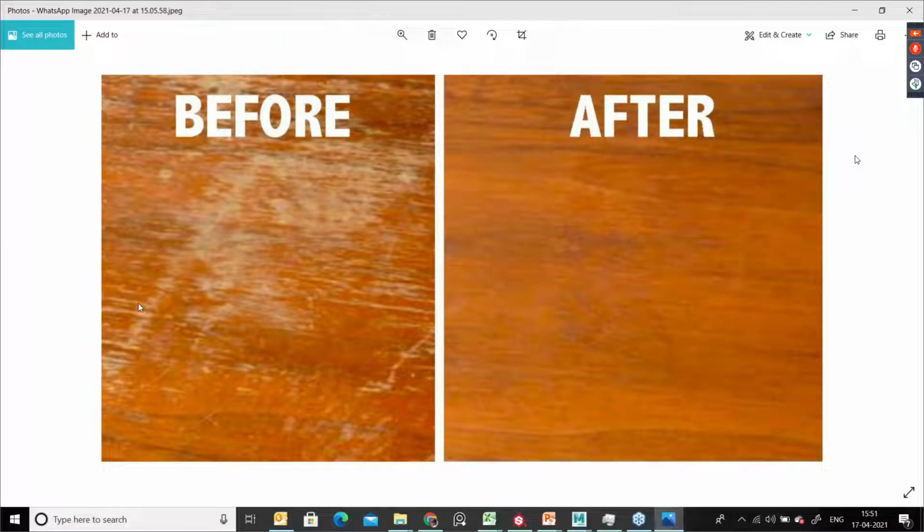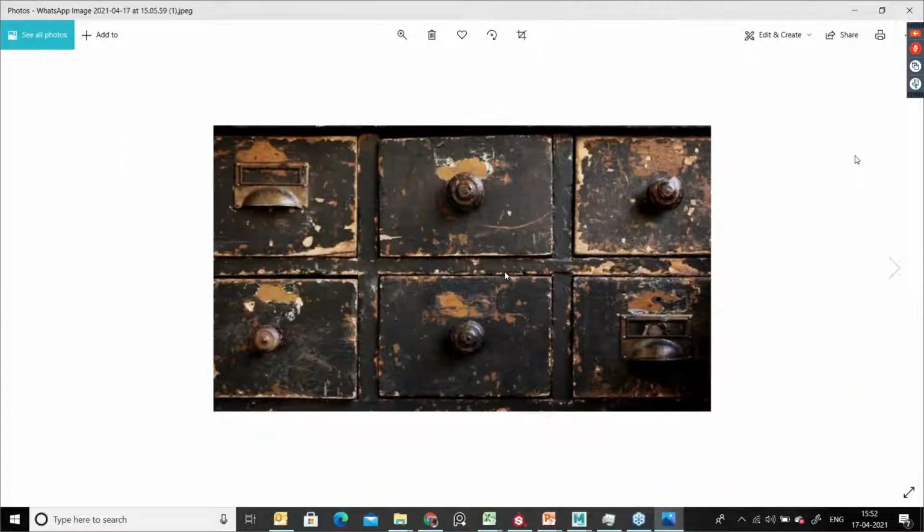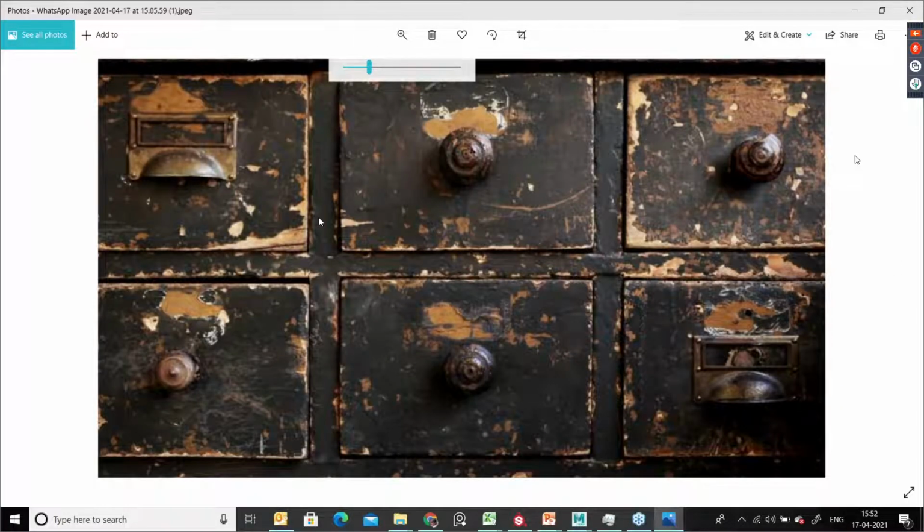see here, this kind of scratches should always be there in wooden furniture. When it turns to old furniture, definitely you have to place this kind of texture pattern on your geometry. Then only it looks real. Otherwise, it will look like a new chair. That's it. Then next one, see here. This is also one nice example. See how the paint and the wooden pieces are peeled off from the cupboard. So you can just check it out. This is also one of the good references for you.